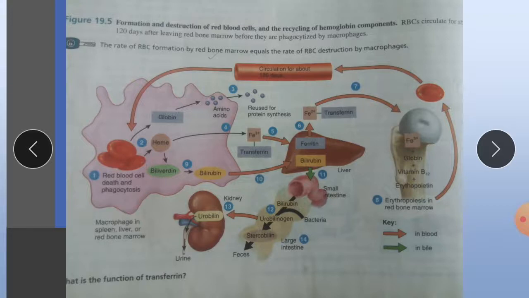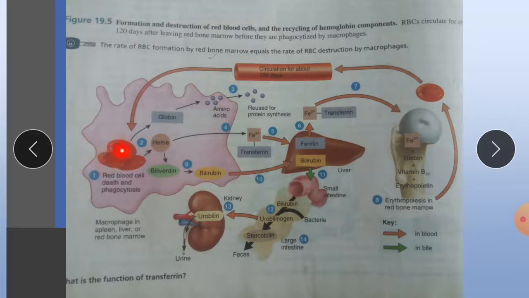In this fashion, the spleen does its function. The ruptured RBCs are removed from the circulation and destroyed by the fixed phagocytes in the spleen, and also in the liver, and the breakdown products are recycled and used in numerous metabolic processes, including the formation of new red blood cells. The cycling occurs as follows. So we will start from the first point, the red blood cells' death and phagocytosis.